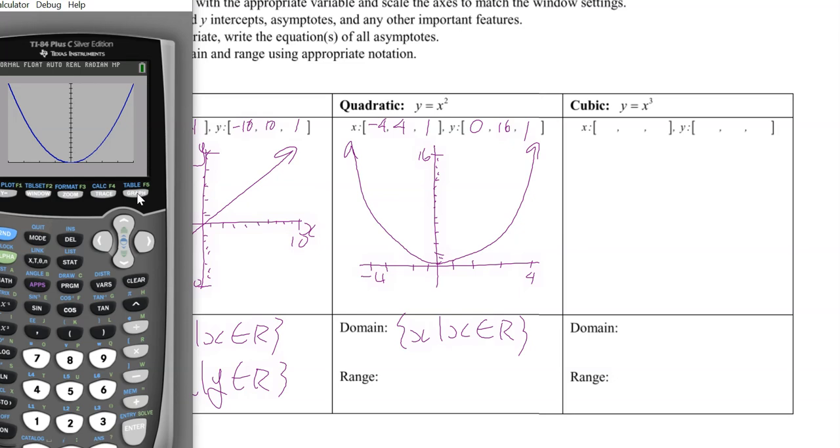So often with domain, what we really want to ask is there a value that I can't use? Like with a square root, you can't take the square root of what? Of a negative number, right? You can't do the square root of a negative. So if you're doing square roots, your domain is going to be greater than or equal to 0. And that's how we set that window, right? So let's go from 0 up. There's no point in doing negative values for a square root because you can't take the square root. Now, if I'm squaring things, what's my y value? What's the lowest y value you can have? 0. So my range